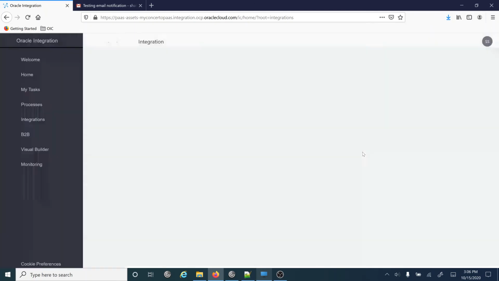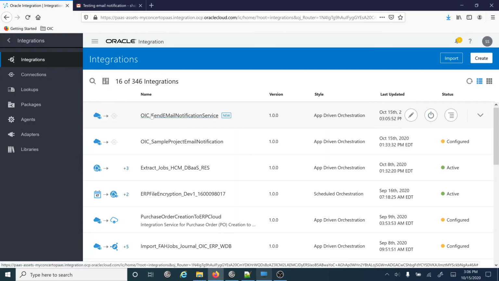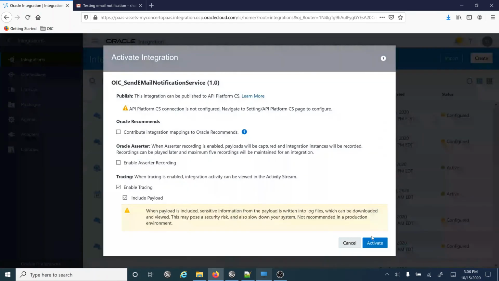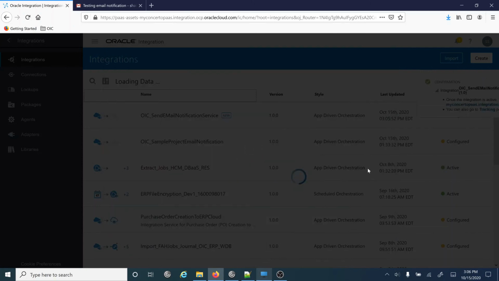Now friends, I have done the configuration. I will test it and show you whether the attachment is going or not. So this is the project which I have created. First of all we'll click on the activate button to activate it, and after that I will test it.